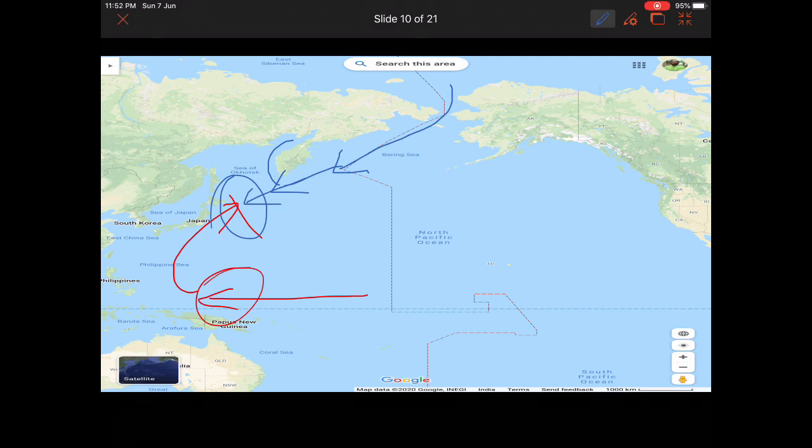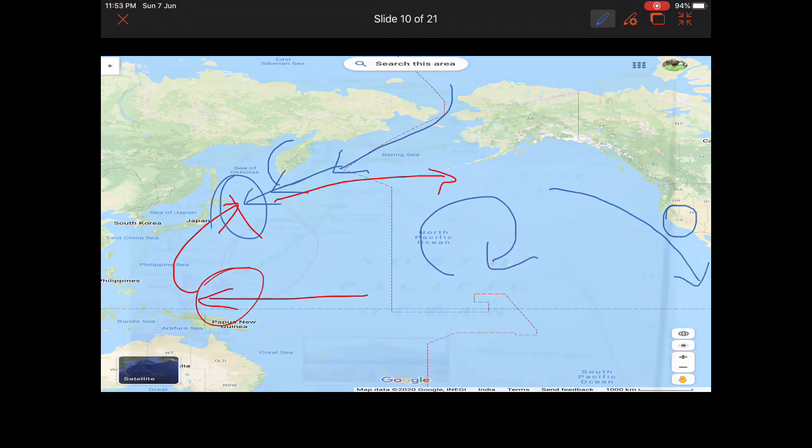Okay, and a part of this moves further upward as what? North Pacific drift, right? And since the addition of water from the polar region, it becomes a cold current here, and it is called Californian current, because you can see California state there. So it's all logic there. You don't need to mug up all these things. It's all logic, and here you can see the rotation is clockwise.